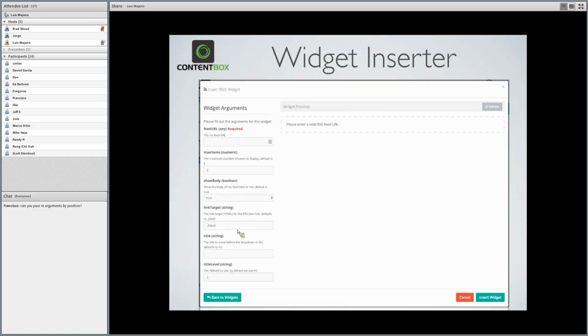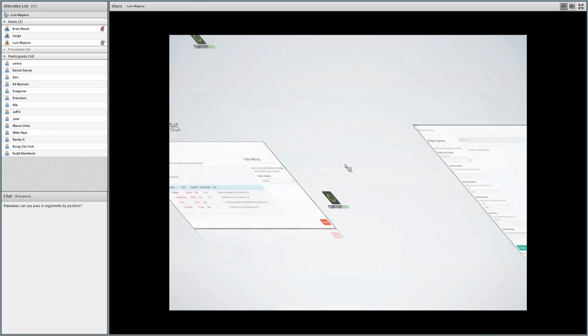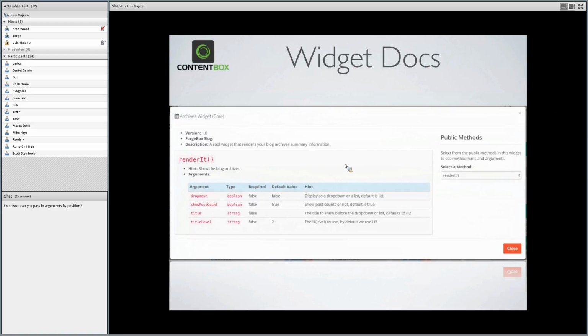Now, our editors have also been extended. So both our editors in ContentBox 3 have the ability for you to actually click on these little icons and actually have access to what we call our Widget Inserter. So this is more of a UI ability, maybe for non-developers, to actually insert widgets. Okay? This is where documentation takes hold. So here you can see the RSS widget. And the RSS widget has a few arguments to it. Okay? It doesn't have any other public functions available to it. If not, you would see before the widget argument, you would see something called widget methods. But right now, this is just a rendering function.